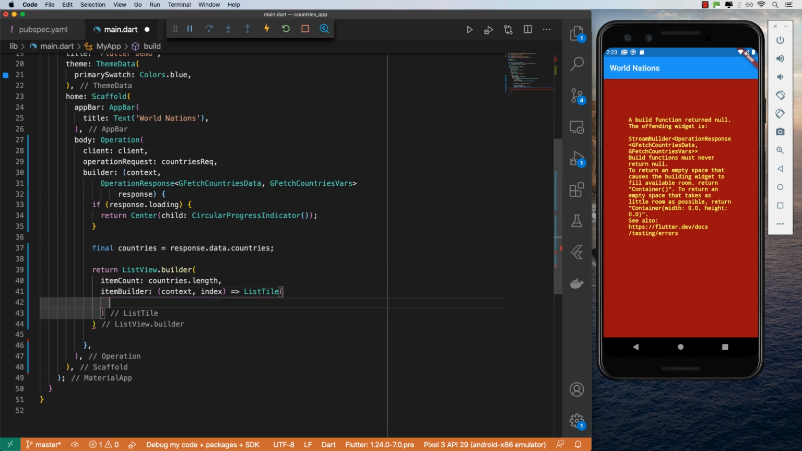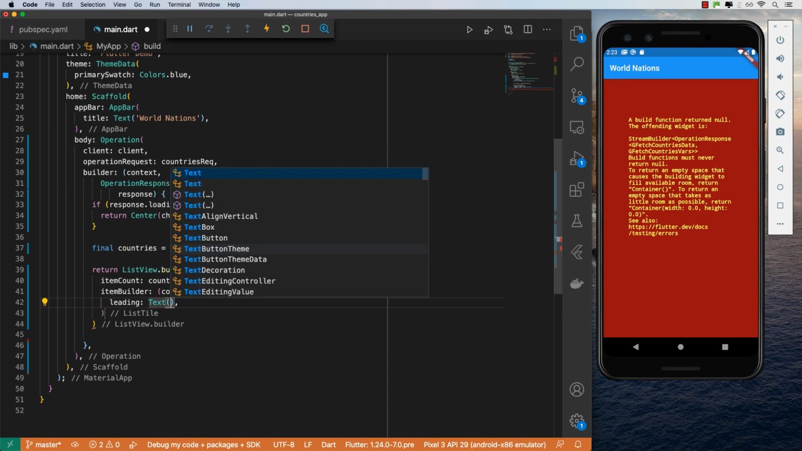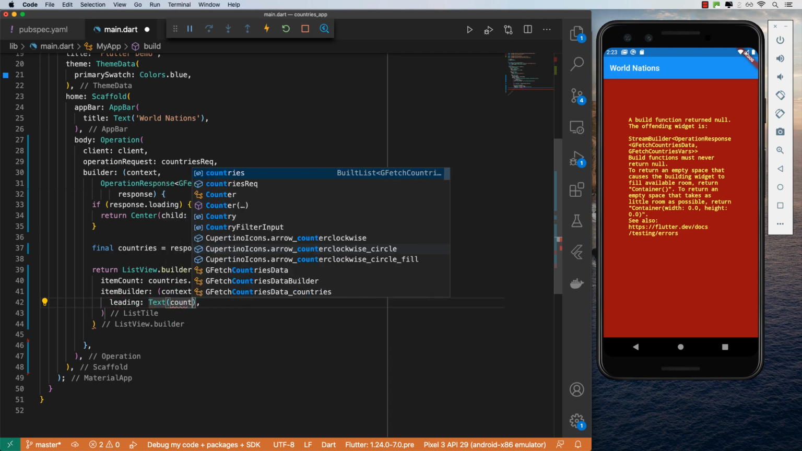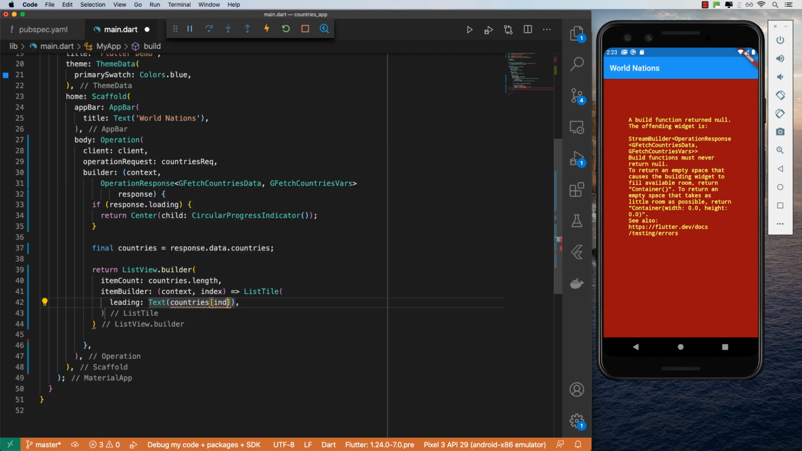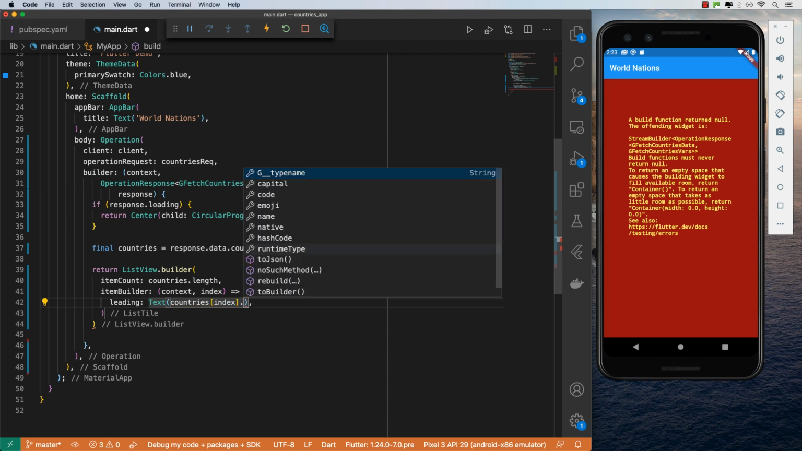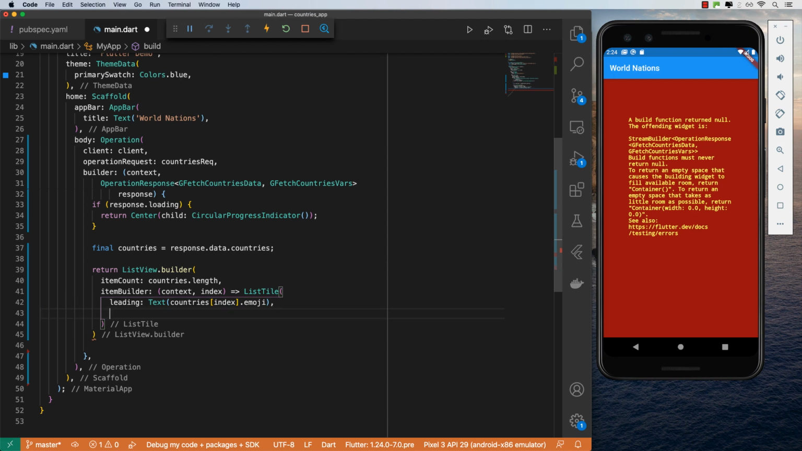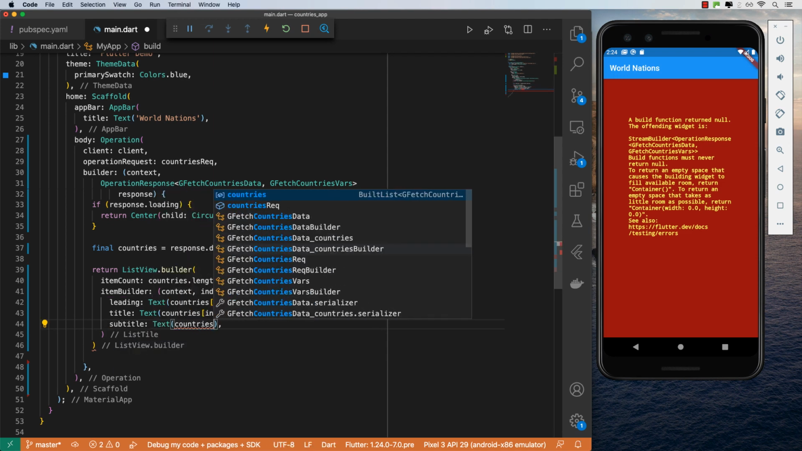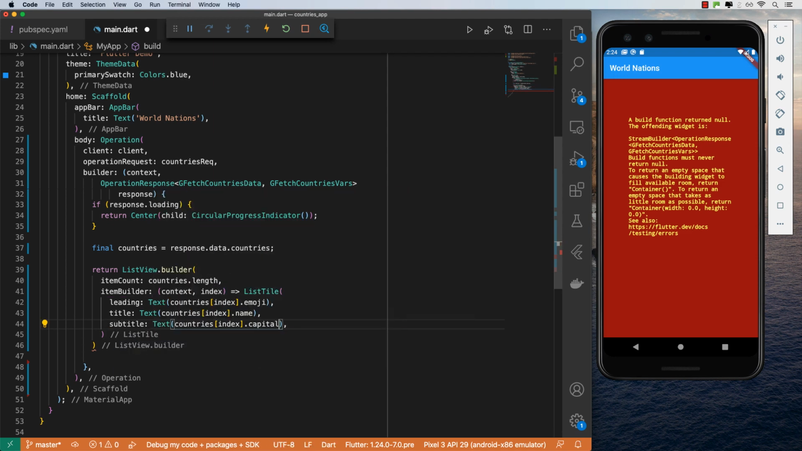And this list tile has a leading, which will be a text widget containing the countries. Then we'll get it by index. And then we want the emoji. And then for the title, we'll have the country name. And then for the subtitle, we'll have the country's capital. So let's go ahead,